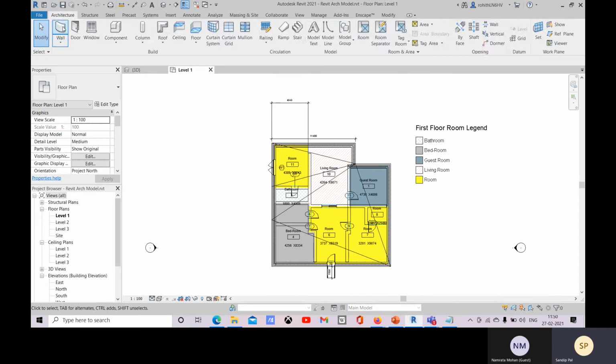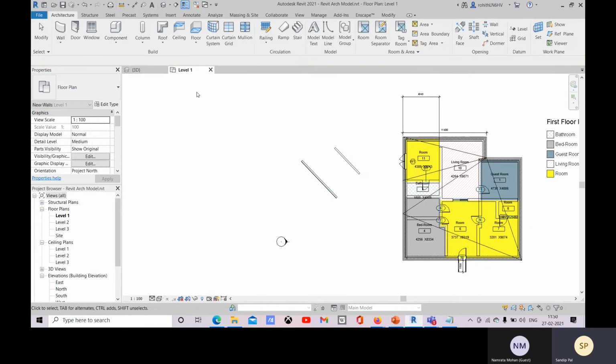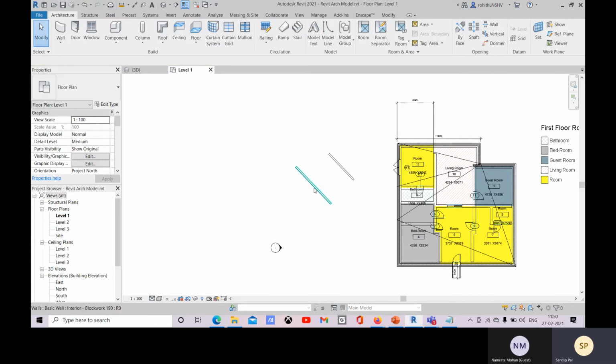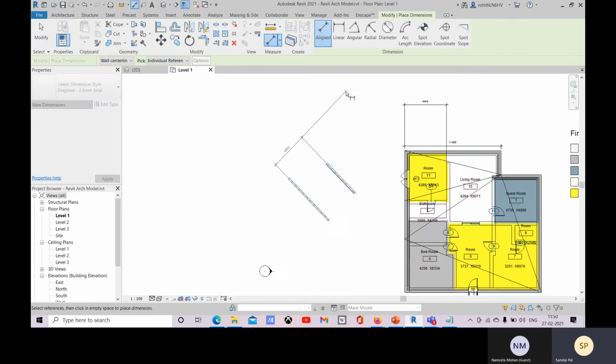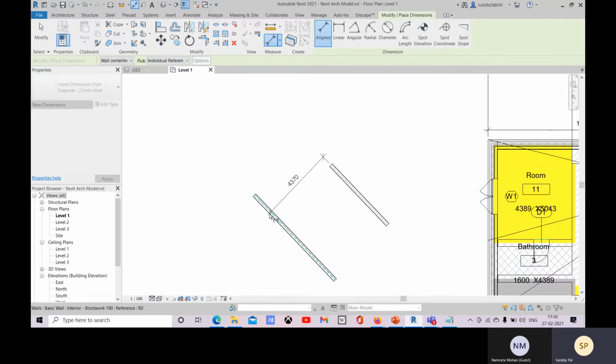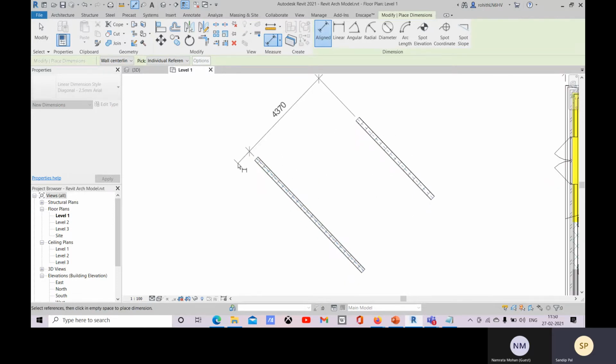Suppose there is a wall like this and a wall like this, and you want to measure the dimension at this angle. For that go with align, and you can measure this to this. It will calculate surface to surface or reference line to reference line.